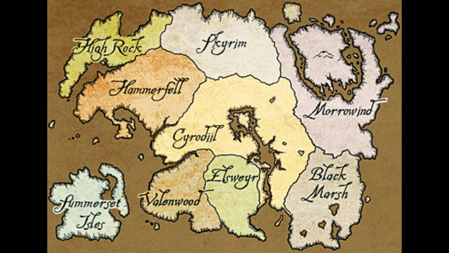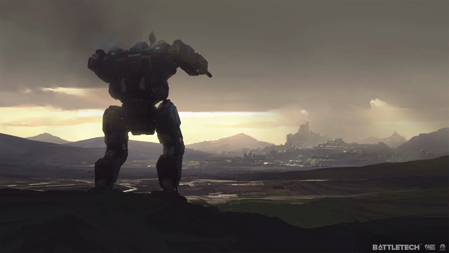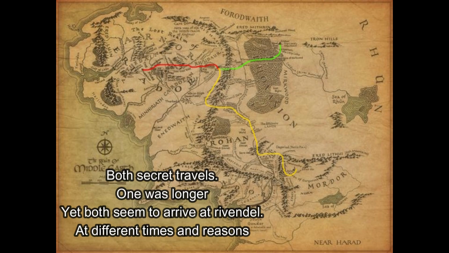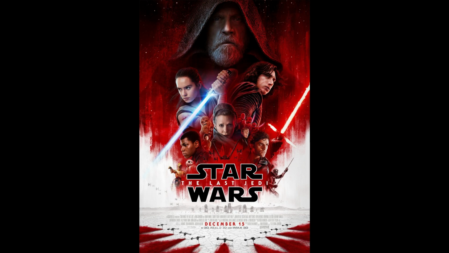A map of your world, if you are a writer, is the physical representation of the world you are making. It's your setting. Ignoring it is like ignoring your own world building. It will cause many issues. You need to put effort into it, not just brush it aside. This can result in issues such as how something can cross the world with ease, or simply how can someone go from the outer core to the inner core in minutes. Star Wars is a really good example of distances being unknown. Episode 8 made it worse.